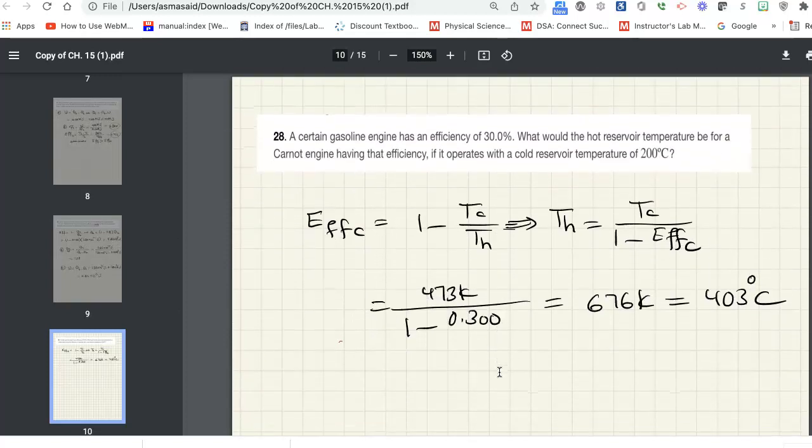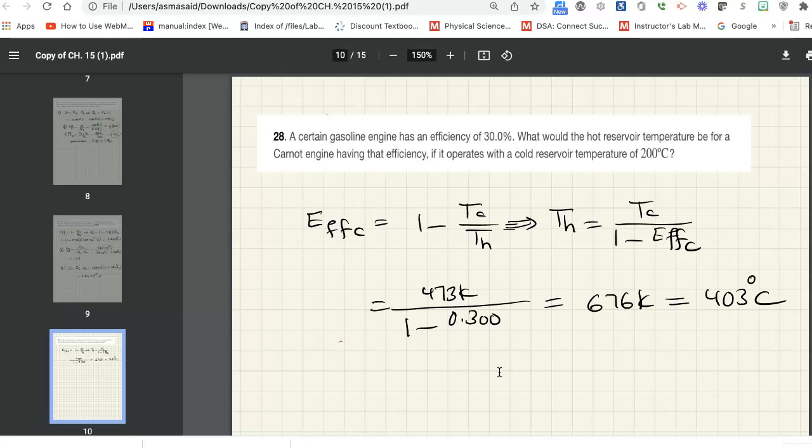Another problem here: a certain gasoline engine has an efficiency of 30%. Look at the efficiency, it is low. What would the hot reservoir temperature be for the Carnot engine having that efficiency if it operates with a cold reservoir temperature of 200? The cold is given to us, and we have the efficiency. Then we will be able to calculate the